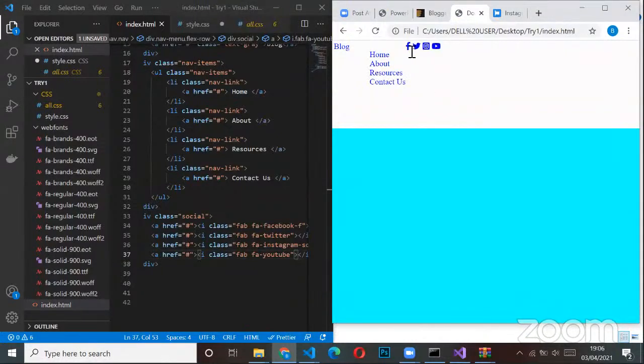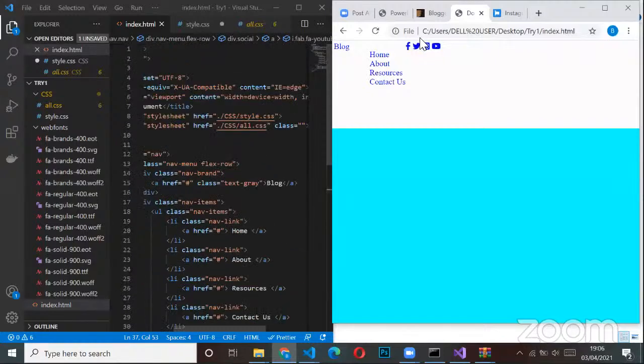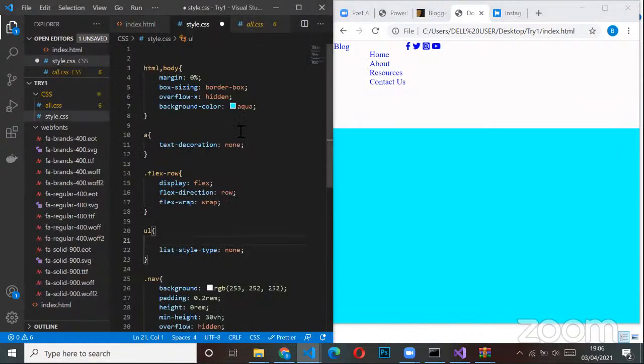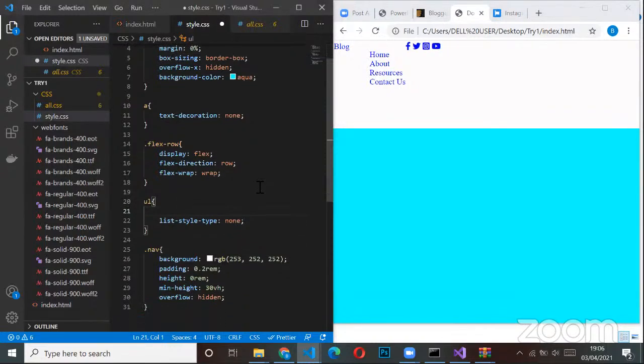So now you can see our icons on the web page. Okay. Now what's left is the arrangement of the home, about, resources, contact us. You want to arrange those things. So we go to our style sheet and then